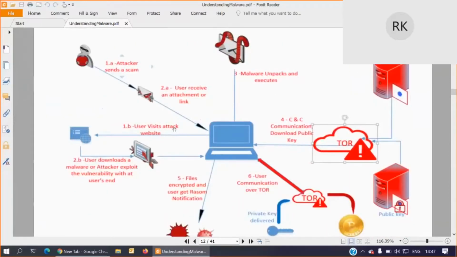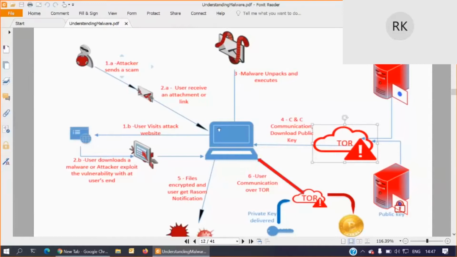So initially the attacker may send some spam. In the previous slides we have seen that compromised systems are bots, and they will try to send spam messages or scams. So what will happen now? The user will receive that spam through email. Now the user will try to visit the link available in the email, that is the spam link. What will happen now? Whenever this user visits the spam website, immediately the user downloads a malware or the attacker exploits a vulnerability in the user's browser or system.